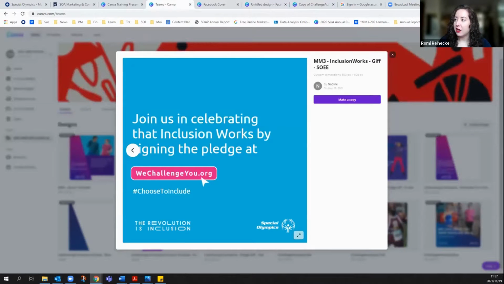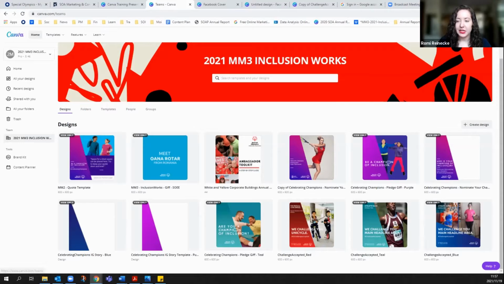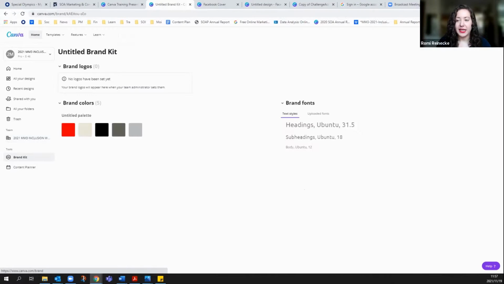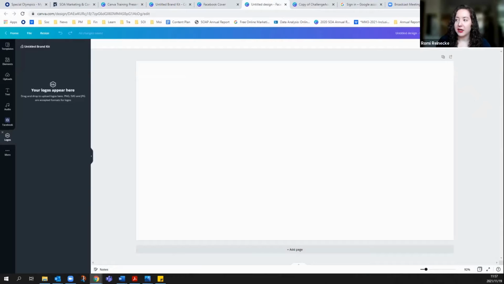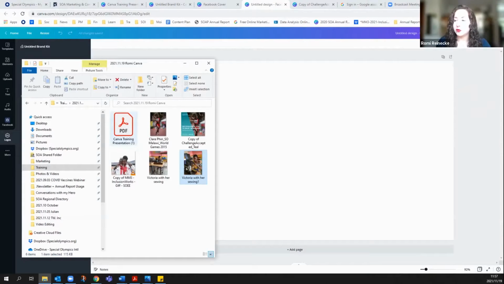And you'll see here on the Canva team that there is a brand kit on the side where they have, for example, uploaded some of our brand. And the right uploaded fonts are here, the Ubuntu fonts. And there aren't logos here because each program uses its own logo, but you can, of course, add the logo yourself. So let's go back to the one we're working on and see,